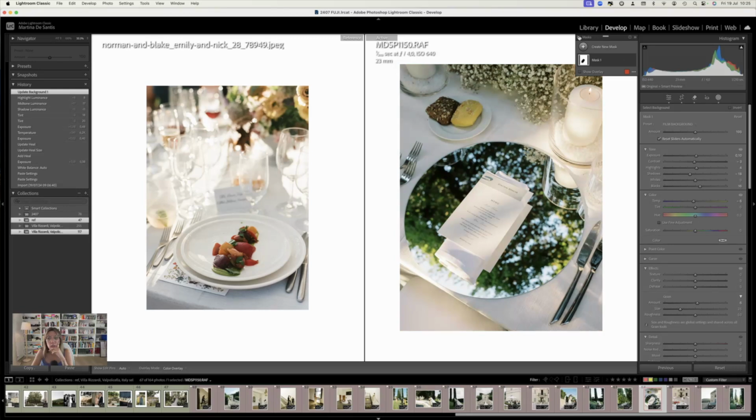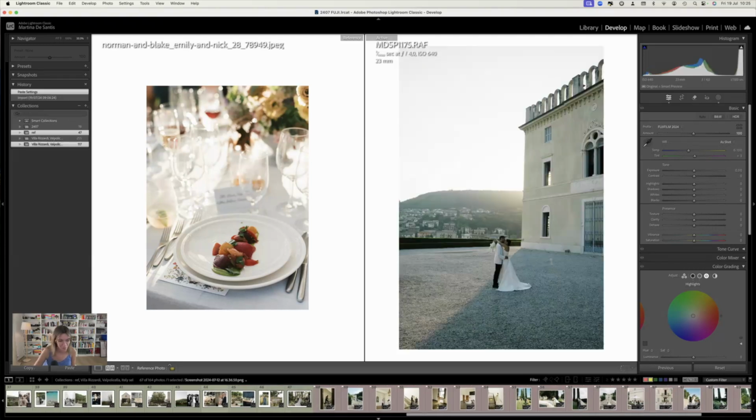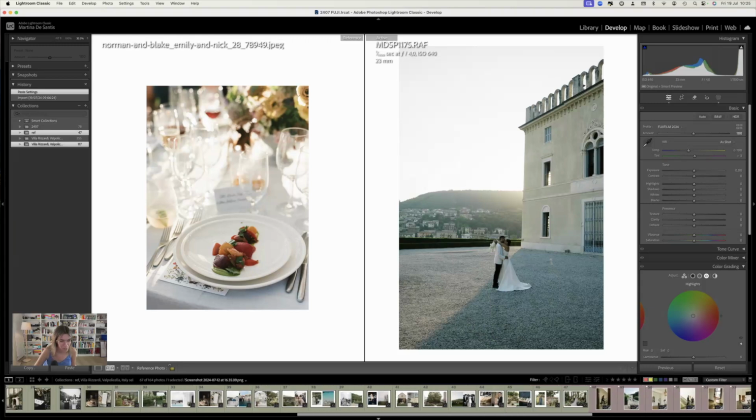So this is without the background and this is with the background. Love it, but I don't want this to be too cool. But I definitely want that to be a screen. Something around that. Okay, I love it. I'm satisfied with this. Let's move to the meat of the shoot, which was the sunset